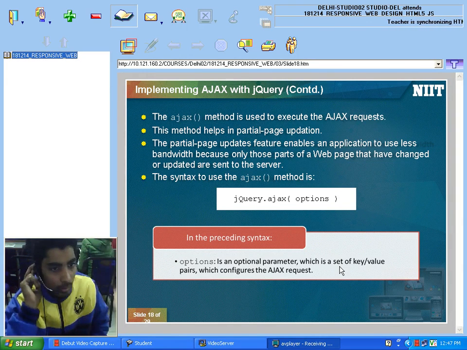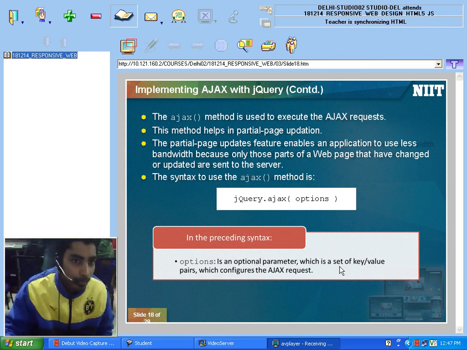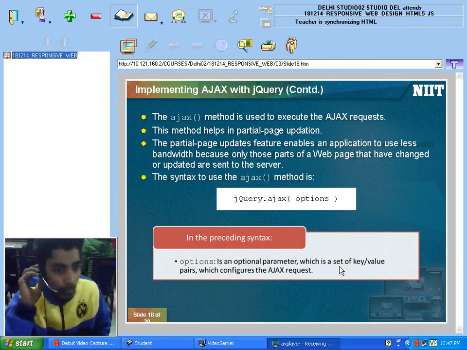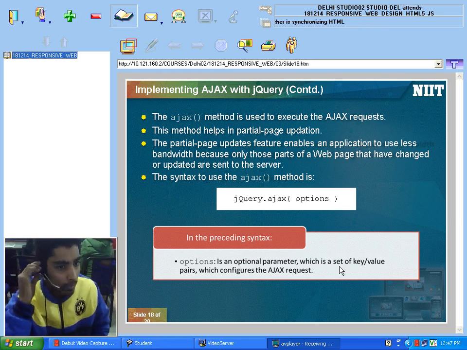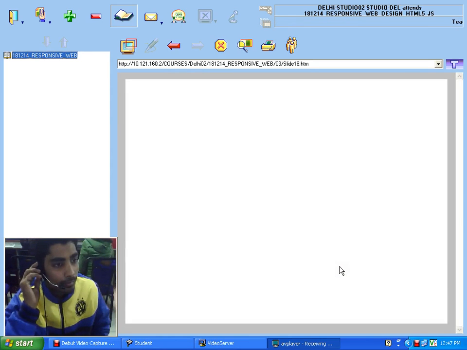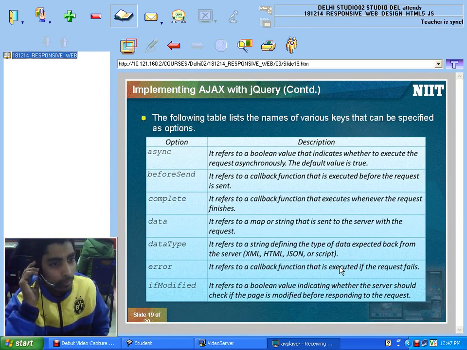See this place, I have this jQuery Ajax. When I use the Ajax method, I have to write the options, and in this I have different options. You can see in the next PPT there is a message.